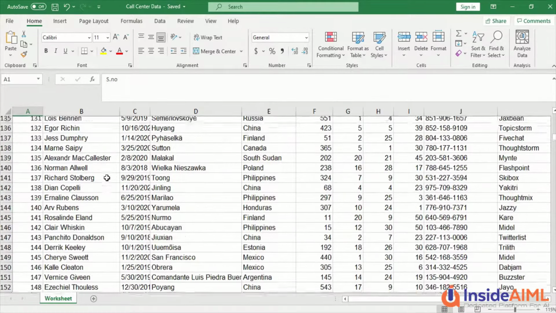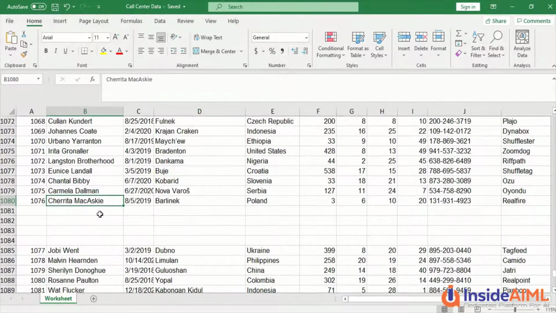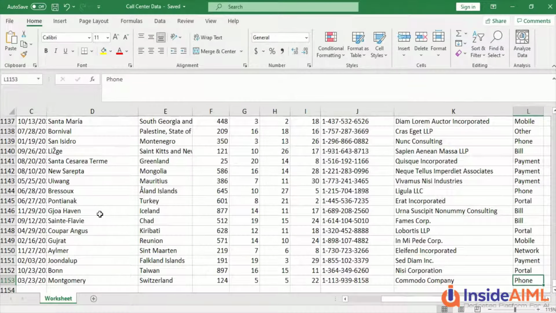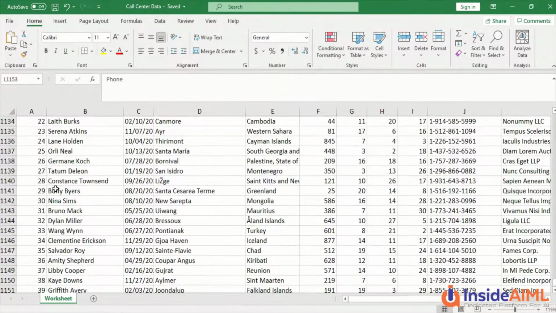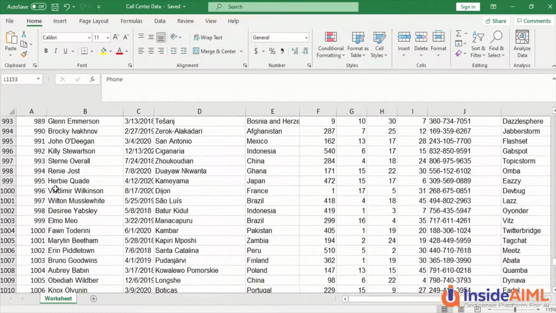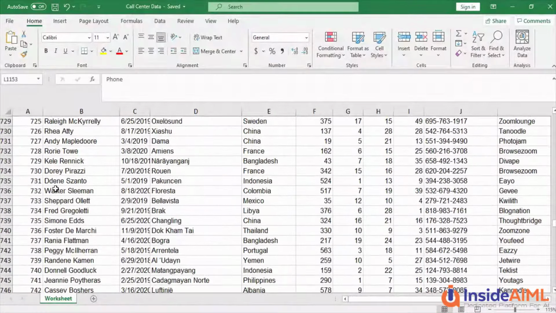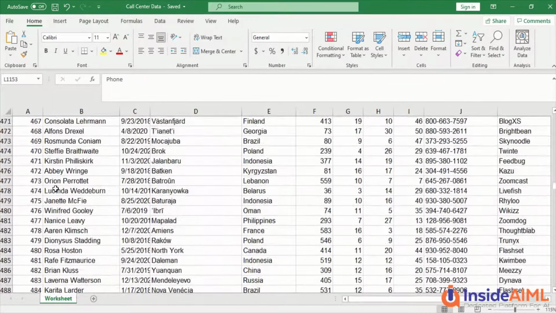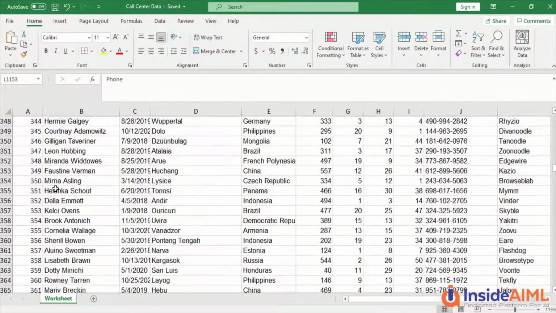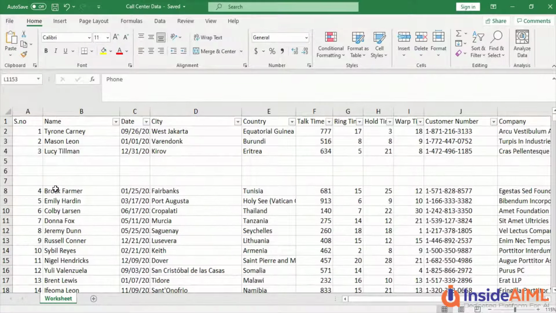Now what we have done here is to teach the basics of data preparation. We have introduced some empty rows, and at the end we have also introduced some duplicate rows for you. So if I scroll back here, you will see these rows are repeating. We have done this so that we can teach you the basics of data preparation, like how to clean up the data in Power BI. To do so, we have to import this file into Power BI. So let me jump back to Power BI, and we are going to see this file there, and then do data preparation, the first step in analyzing data.